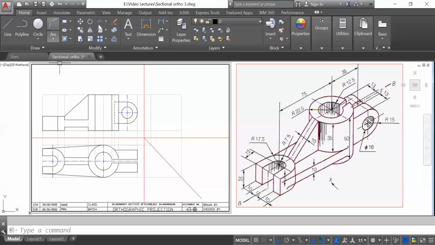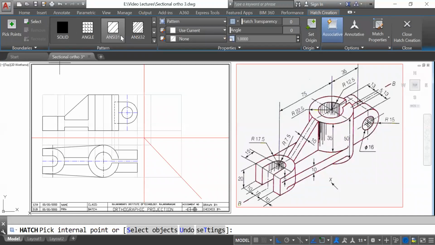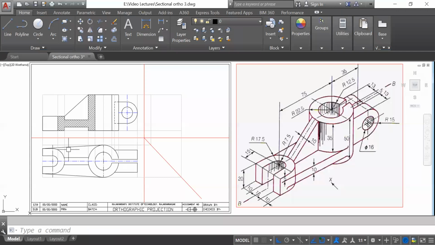So we have to go for the hatching right now, and then here you can put the 15, and once I click here, this would be hatched. This is also required to be hatched, but our rule is that rib should not be hatched. So that's why we have to keep this unhatched. Otherwise, other things you can make it hatching.